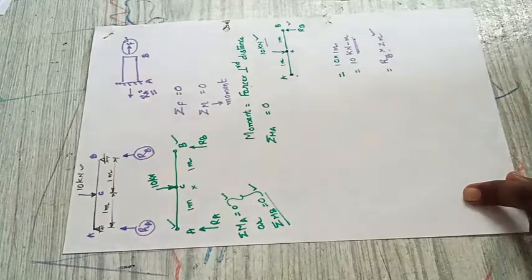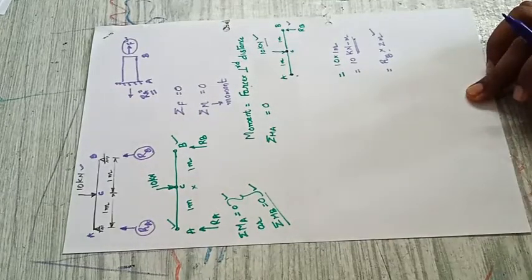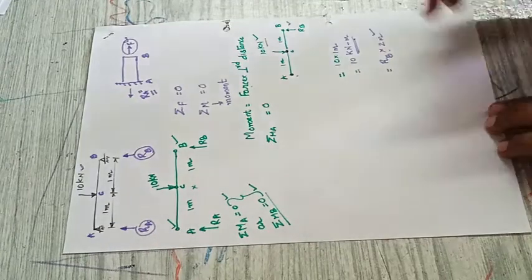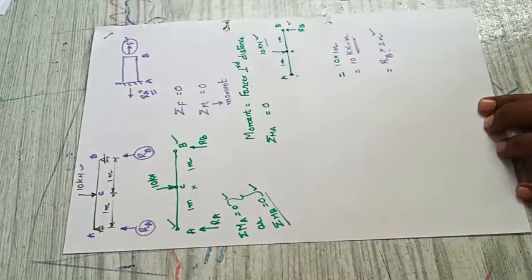So this is how we find the moment. Moment is force into the distance. Which distance do you have to take? From the point of application to the point about which you are taking the moment. Here, one point is very important when it comes to the direction. These forces are acting to the right side, to the left side, upside and downside. So we are taking one sign convention here. When you are substituting in the equilibrium, you refer to any one: right side as positive, left side as negative.